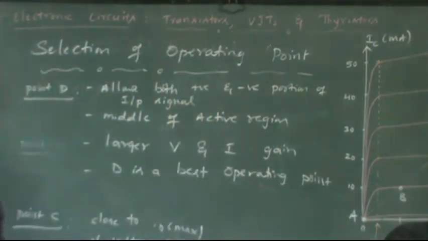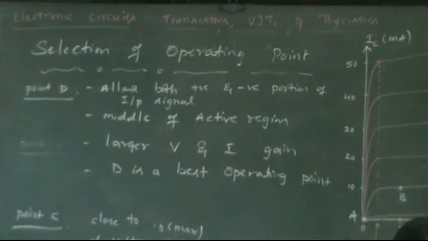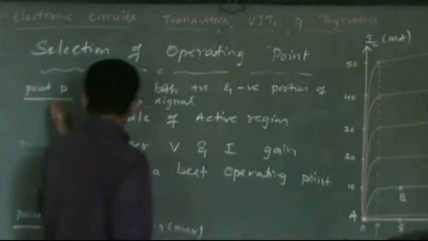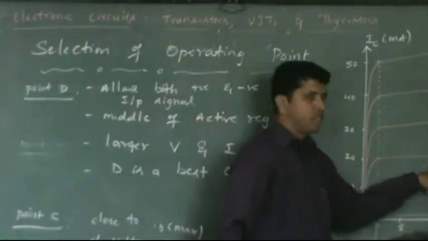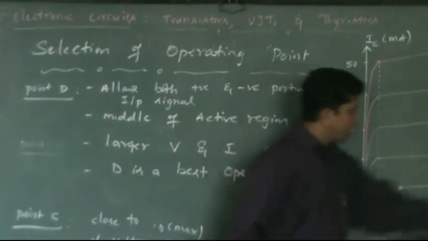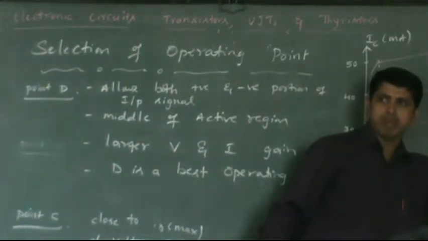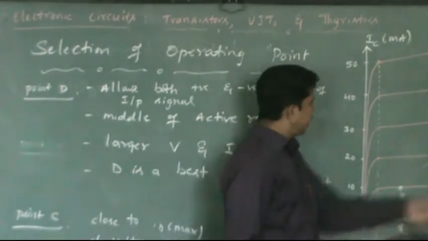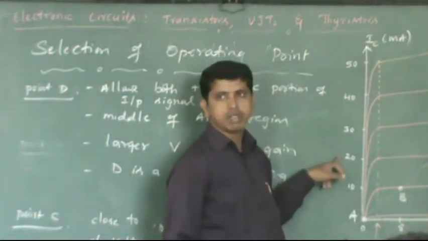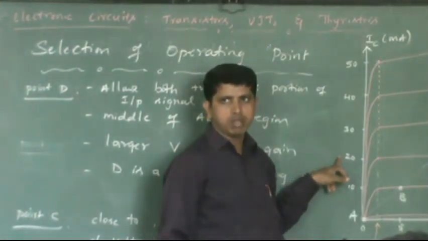If you want to design a good amplifier, proper selection of an operating point plays an important role. Okay. So how do you choose this? We already said that point D is the suitable operating point here. That means you must apply sufficient amount of biasing voltage to the bipolar junction transistor so that it results in a proper value of IC, which is within the bound.